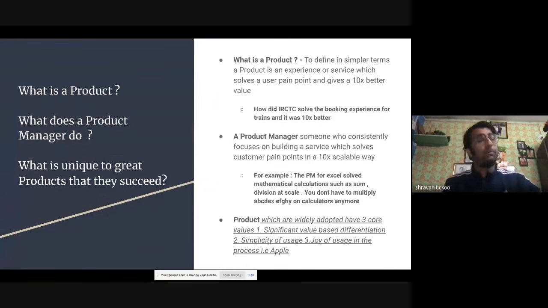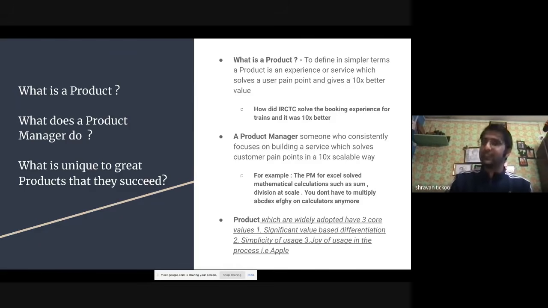If you had to book a plane ticket, go back 10 years again. Your father would have to go to a travel agent. The travel agent would go to the government website. He would then say, I've tried to book a ticket for you, it may happen, it may not happen, right? But 7 years back, somebody opened a website called MakeMyTrip or Cleartrip. You just go there, put your from destination, put your to destination, and it gives you all the prices there. And in 2 clicks, you book a ticket, right? So this is the significant value-based differentiation.